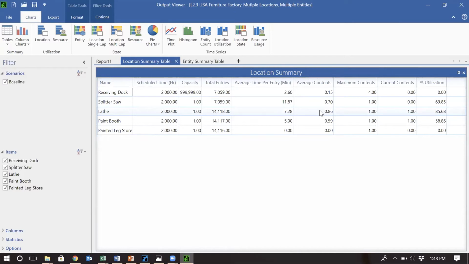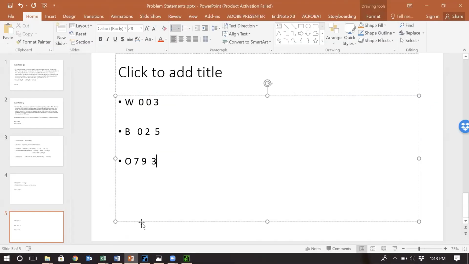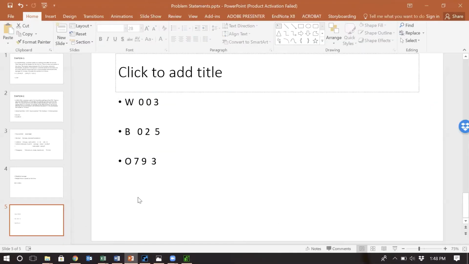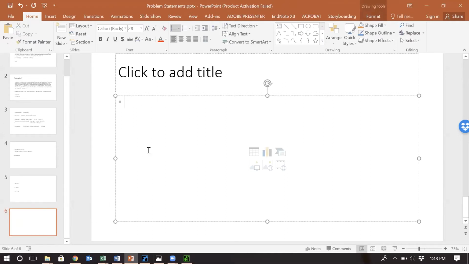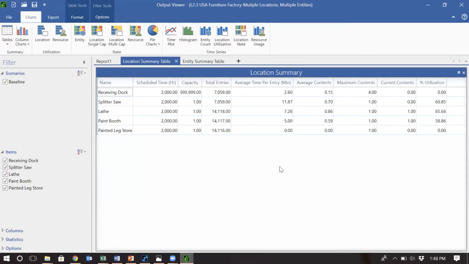0, 1. 0 and 1. Okay, 0 or 1. Now, can you also tell me why the average content is not just the average of 0 and 1, which is 0.5, and why it's 0.86? So what happens here is that